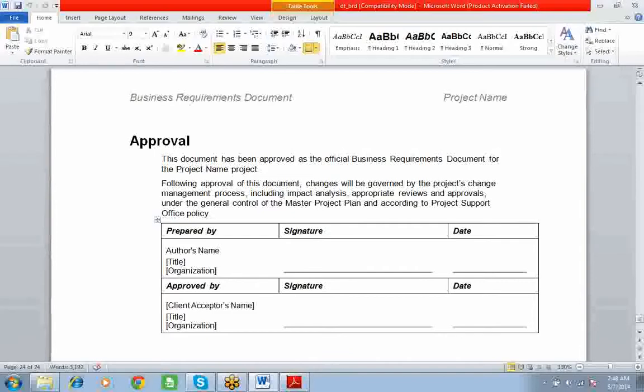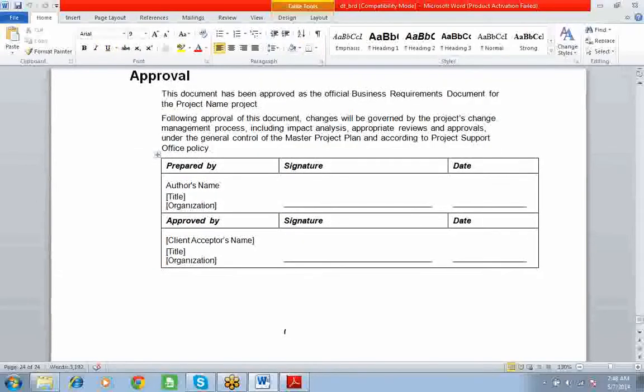So you are an author, okay? You enter your name, your digital signature, and date, and approved by client, whomever the person is, the stakeholder or SME, or client side product owner who is responsible for this project. The fellow will accept it. That's it. This is all about the business requirement document.